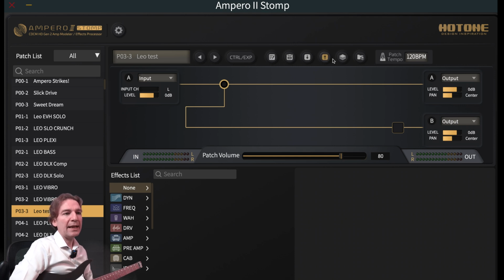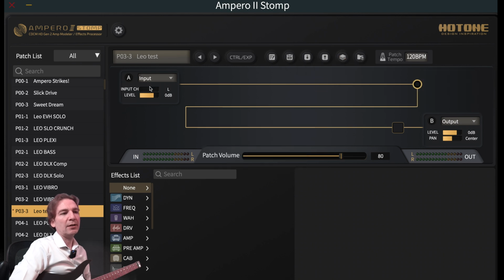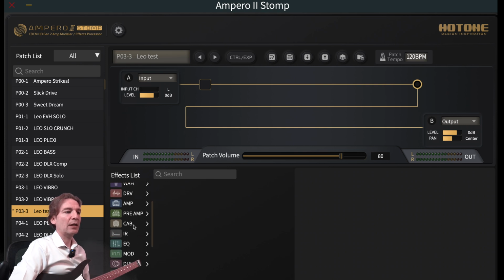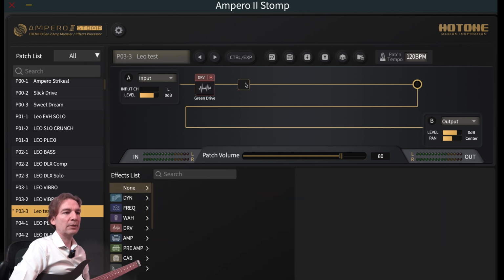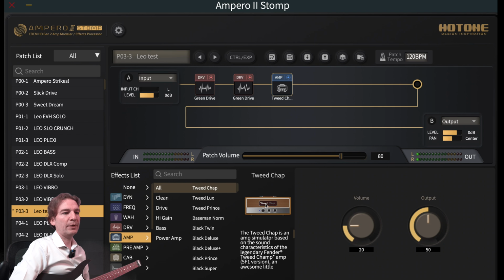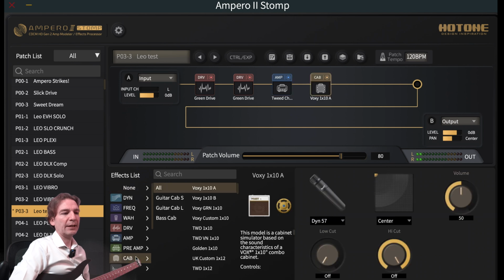First of all, let's use a simple serial signal chain, and here, for instance, the first question I've received is how many blocks of the same effect I can put. Well, the limit is the DSP power. For instance, I can have here one Tube Screamer, and then I can put another Tube Screamer, and then let's say an amp, a cab,